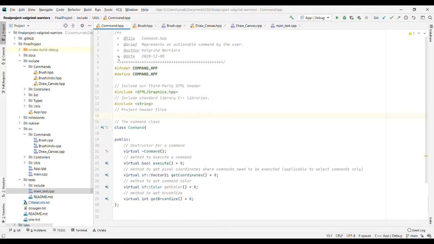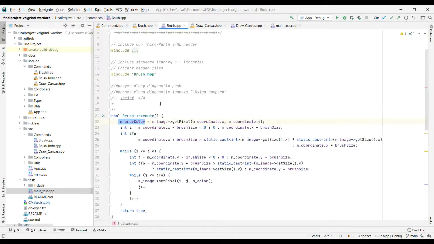Moving on to the different features that we incorporated in our code, all of our features implement the virtual class command, and these features include different brush sizes, clearing the canvas, and undoing and redoing our actions. For different brush sizes, we take in the coordinate on which the user has clicked, the choice of color that they have made, as well as the size of the brush. Then we calculate the range through which we have to loop around the given pixel, and we set those pixels